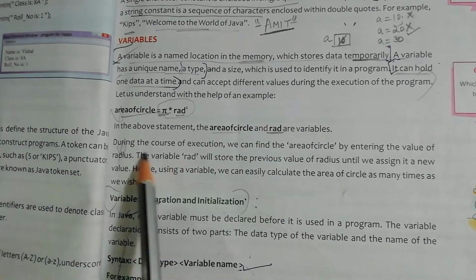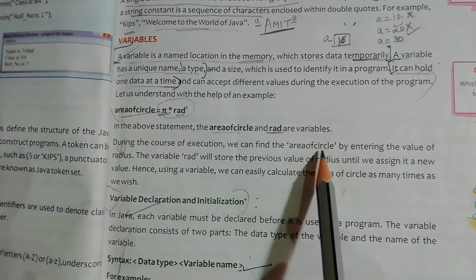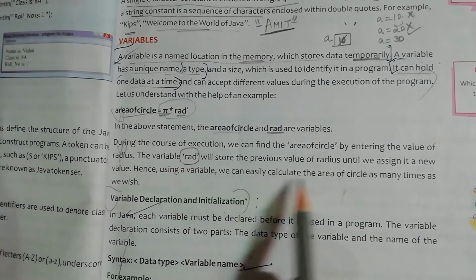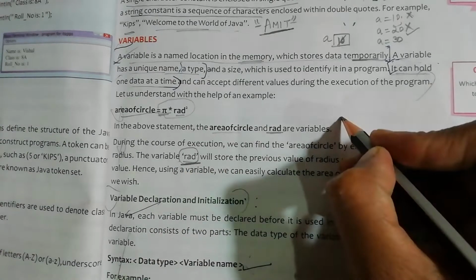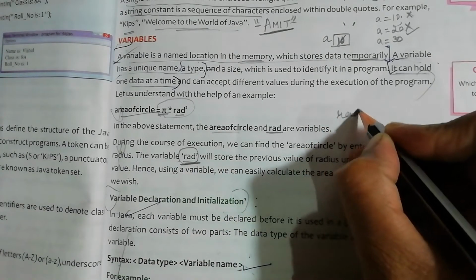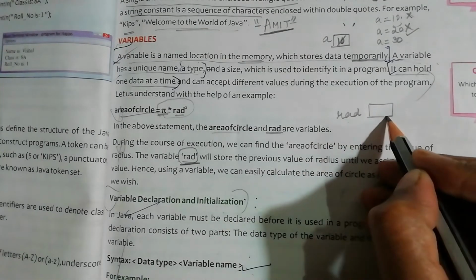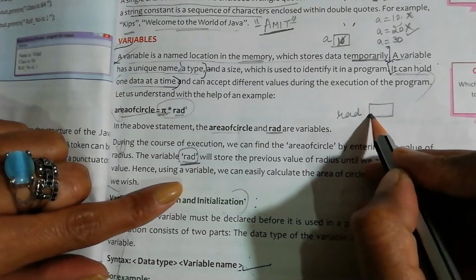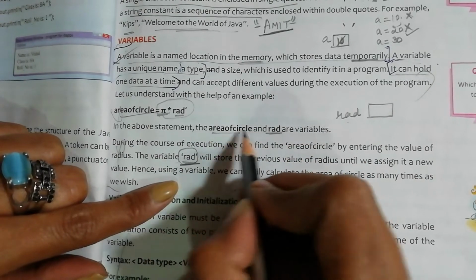Clear? तो during the execution of the program, जब प्रोग्राम को आप execute करोगे, area of a circle calculate करने के लिए, that means you have to take the radius value, आपको इस variable में store करनी है. That means radius is like this in memory. It's a variable to contain and it is waiting for a value to enter. Clear? So now we have one more variable, area of a circle.